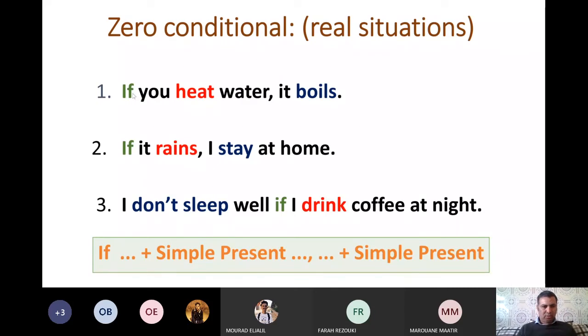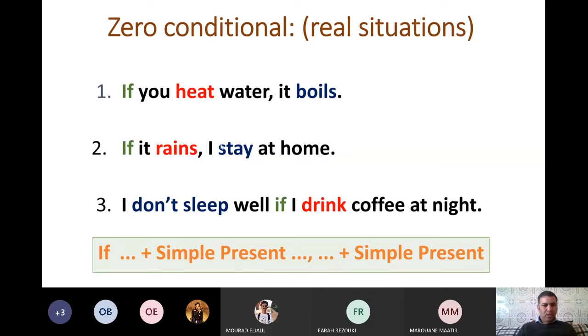Like here we have if in the first sentence, heat, this is a verb in the present simple, it subject, and boils verb in the present simple. So this is conditional type 0. Like also in the second, if it rains, present simple, I stay, present simple, at home. Here we have, I don't sleep well if I drink coffee at night. So in the first two sentences, this is the first clause, and the second clause. First clause, we call it the if clause, if you heat water. Second clause, we call it the main clause,